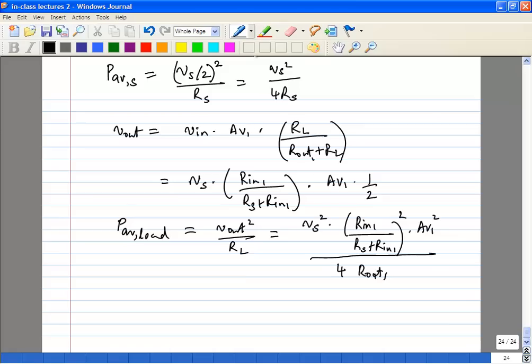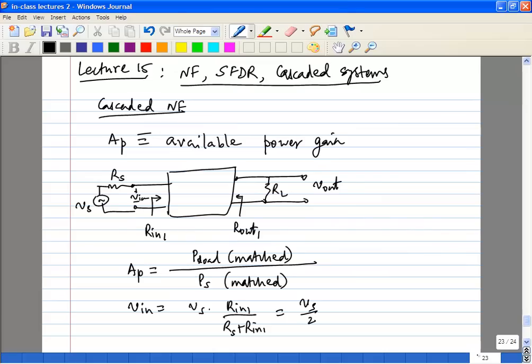Yes, you can, but we'll see why we don't want to do that. The reason is we'll leave some of these factors in here because when we calculate for cascaded networks, we'll find some terms in there which can be rewritten in terms of your AP. That's the reason we'll leave it in this form for now. In reality, if you replace everything by half and go back for cascaded, they will still cancel each other out, but to gain some insight into how the voltages are getting transformed, we'll do it this way.